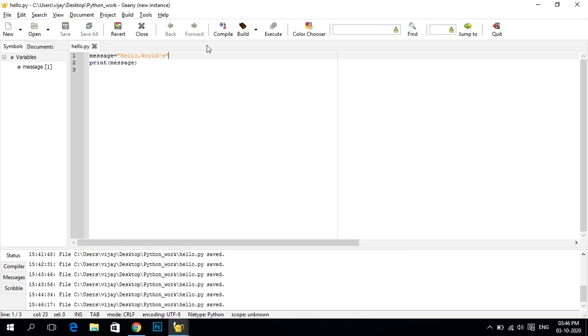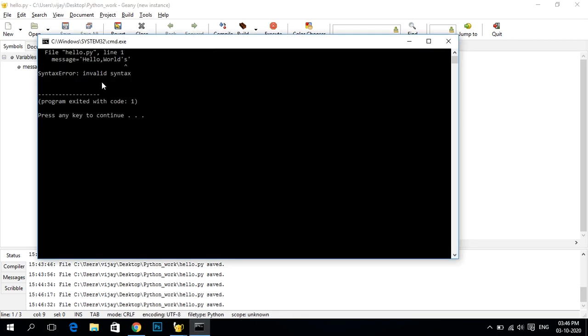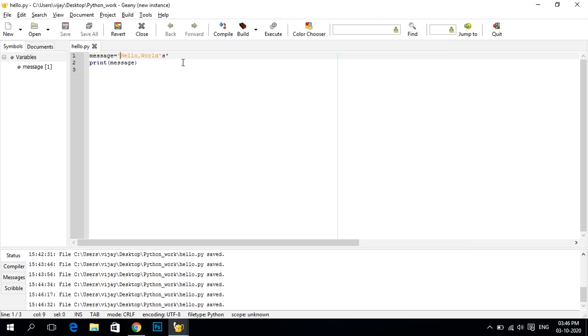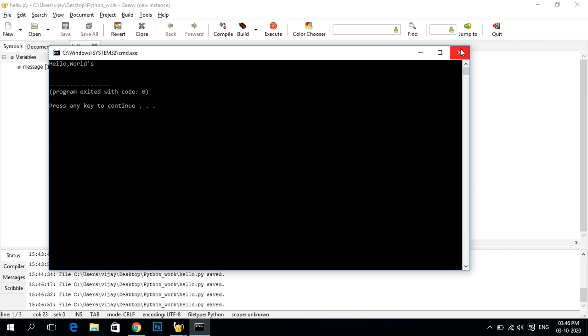If I try to write it in single quotes, then it will not print your text. So let's see this. It is giving a syntax error, invalid, because the apostrophe s is given twice here. So we have to use only double quotes here to make it work in the interpreter, right? So when we execute this it will give the words.